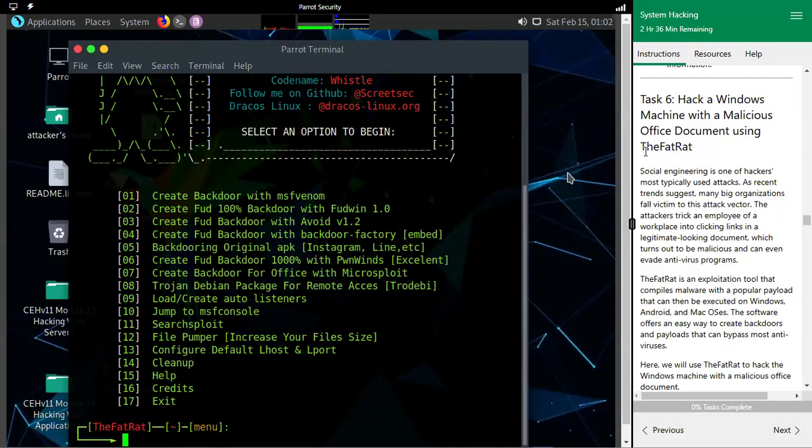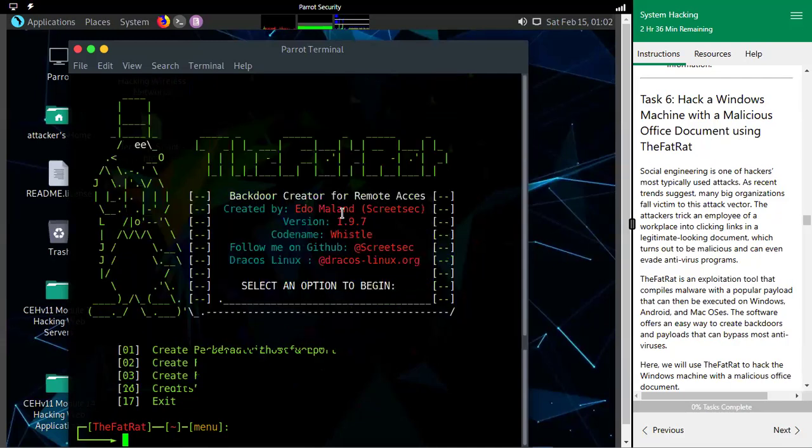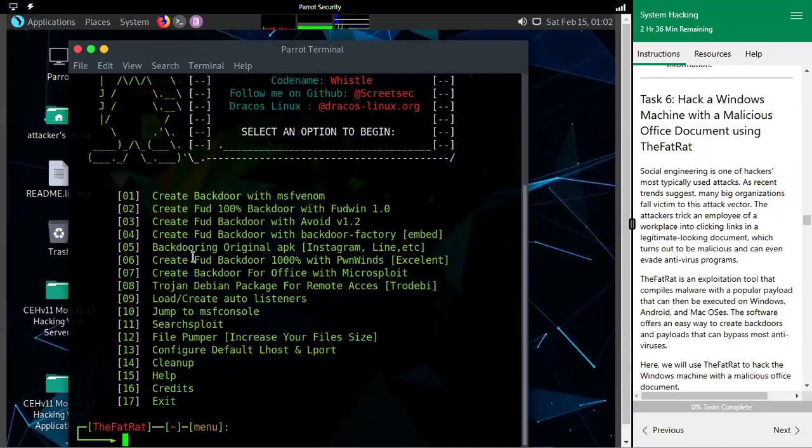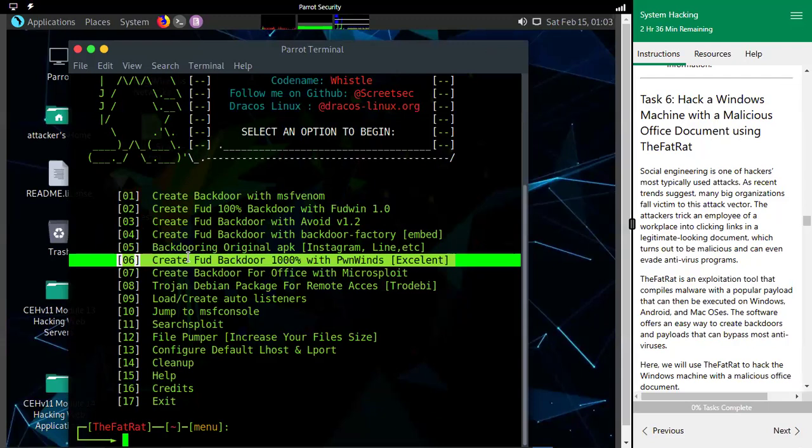So I will be sharing you this file, the Fat Rat tutorial. As I've already shown you how it is done, just use the Fat Rat command, go through the different options, or go with this option and create a backdoor. Once the backdoor is created, it will be